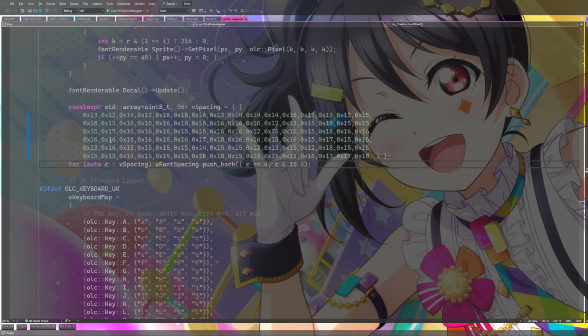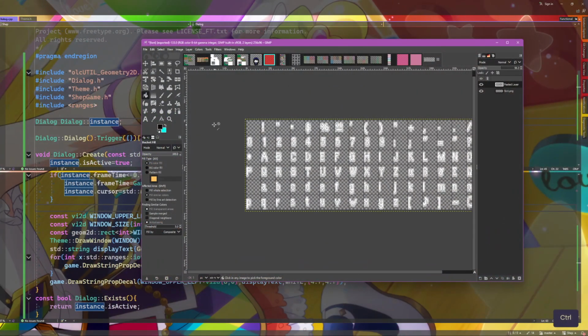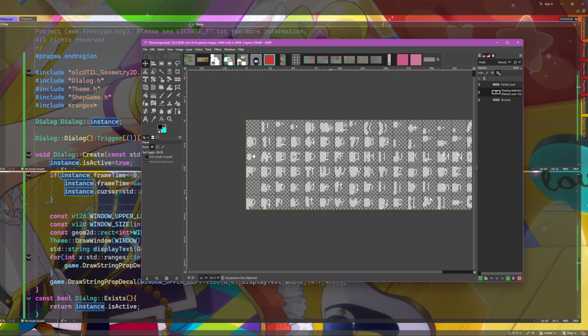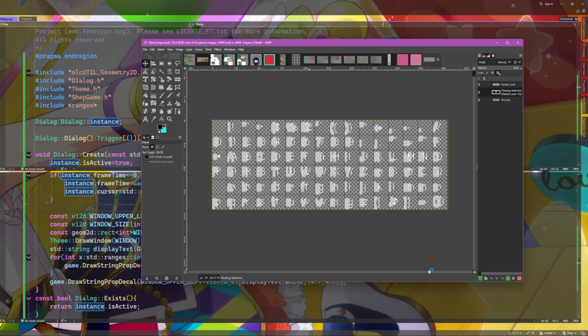Let me just... I'm gonna have to center these letters, though, because clearly they can't be here if we want to do it this way. It's gonna be like... 1, 2, 3, 4, 5. 4, 5. I think 5 looks right to me.